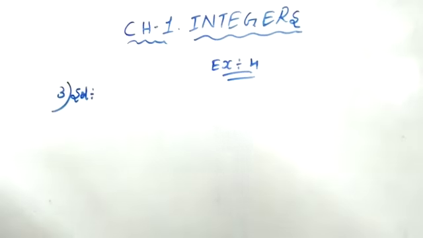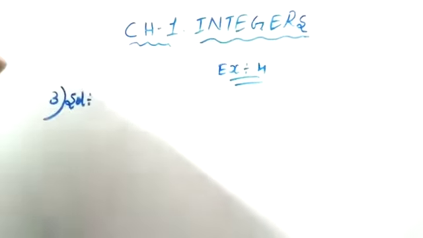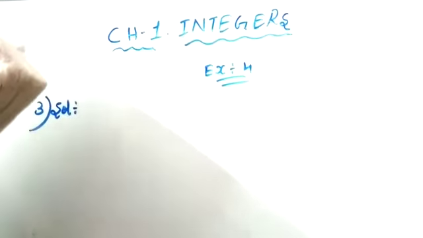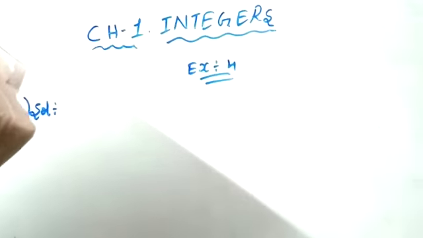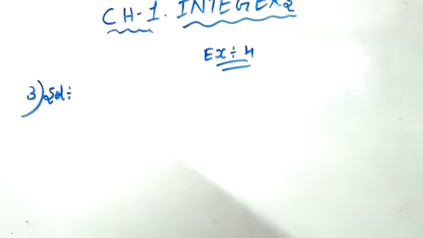Completed till exercise number 4, second bit. So today we are going to start the third problem. Now what is your third question? A certain freezing process requires that room temperature be lowered from 40 degrees Celsius at the rate of 5 degrees every hour. Now what will be the room temperature 10 hours after the process begins?